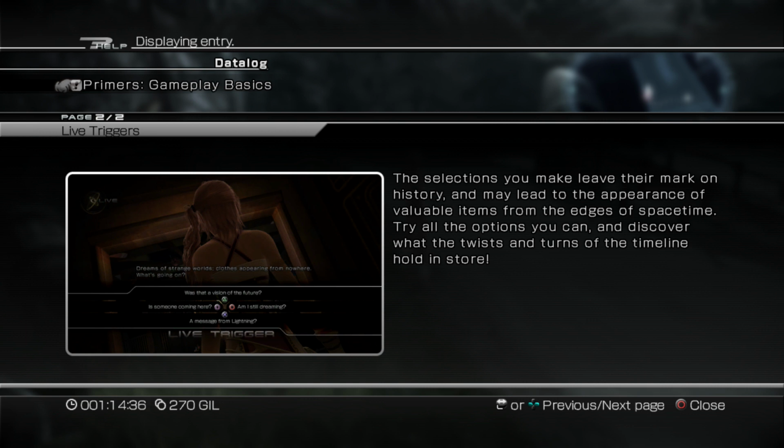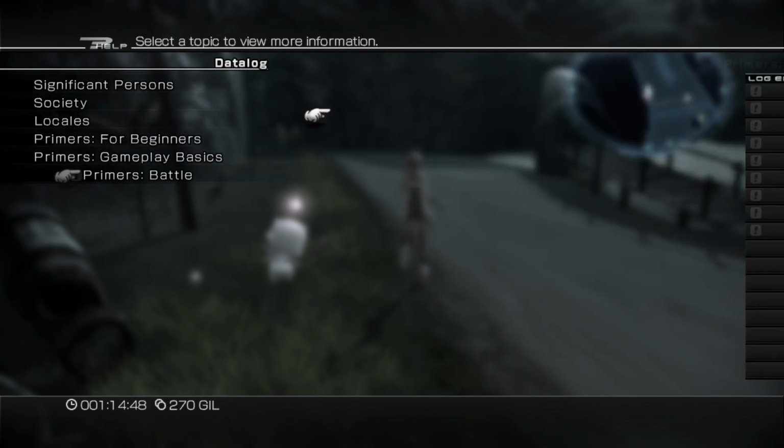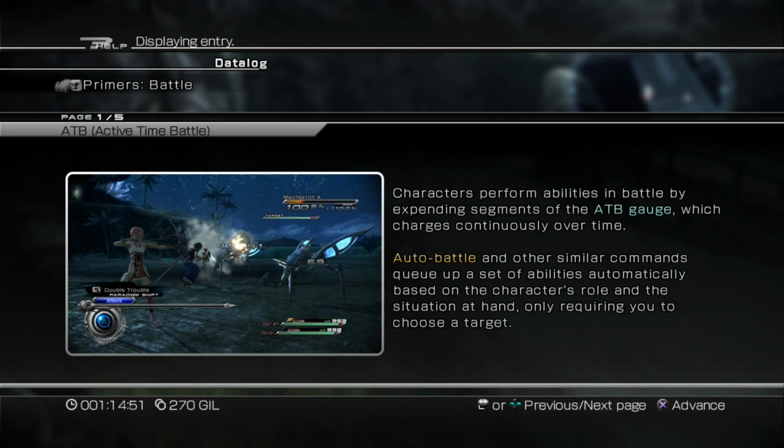Well, if it's just something like, if you choose certain dialogue options, you get better items for it, that's not as cool to me. I mean, it's still like